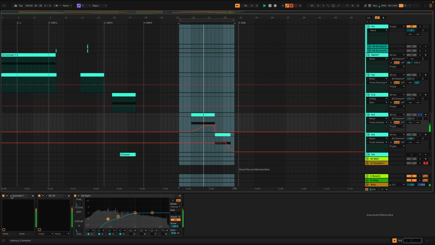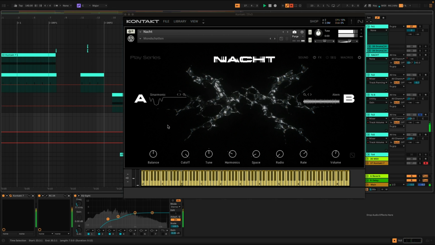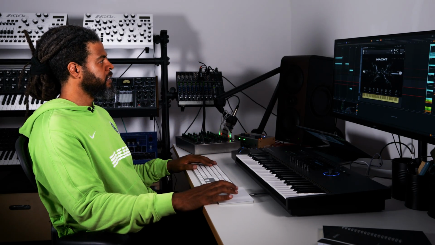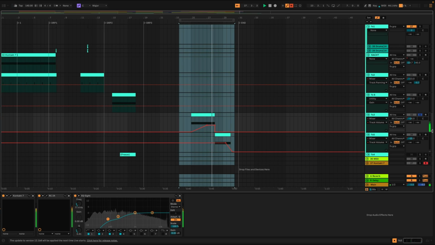So for the last section, I used two effects. The first one was called Mondschatten, which was a little bit more like this analog sounding synth preset that provided a swell as well as this really nice high resonance squelching sounds. And the other one that I used